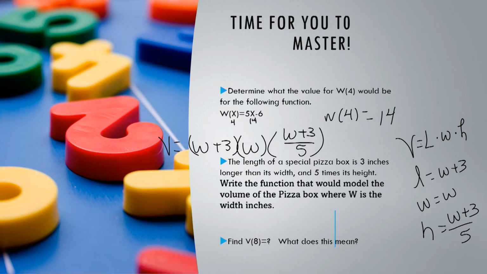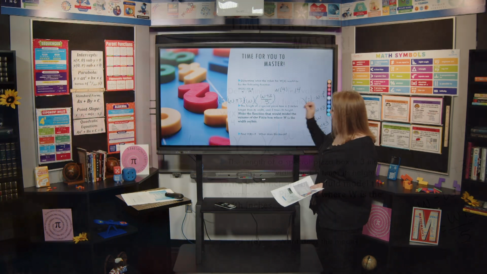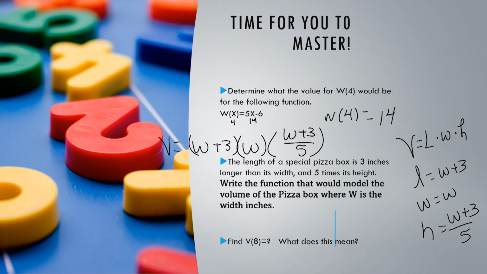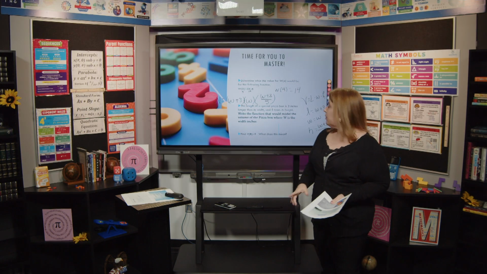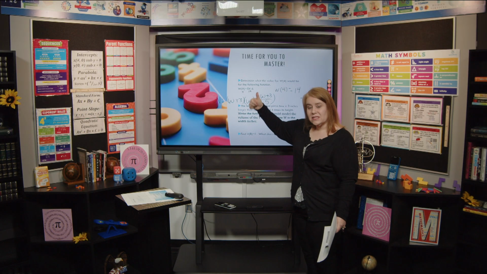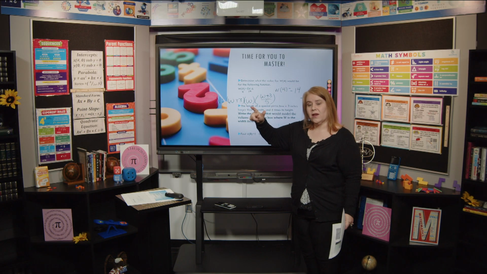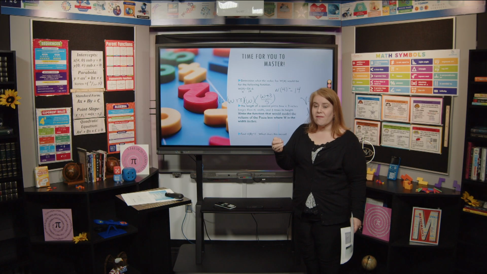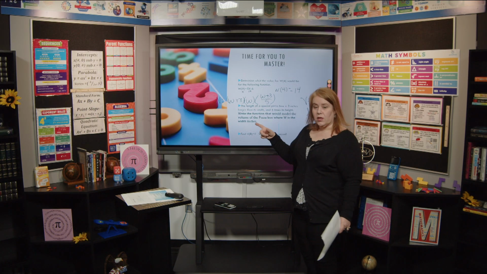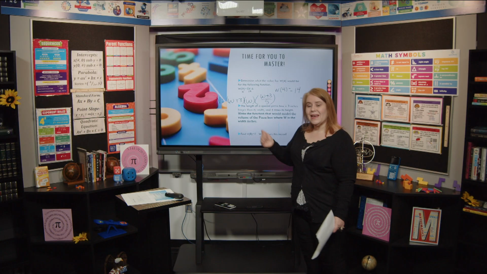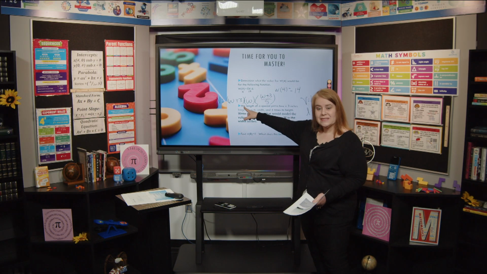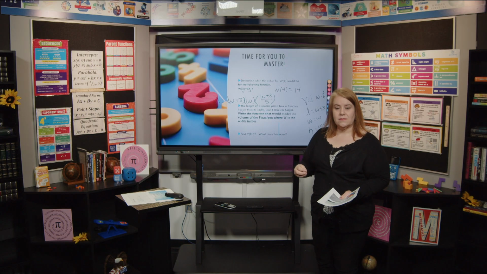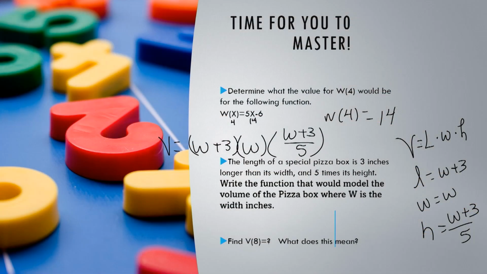So then this bottom question asks me, find the volume of 8. What does this mean? So if my width was 8, what would my whole volume be? Now, I can put this in Desmos, and I can put this in my calculator, making sure I use the X and Y values instead of V and W. So then if I plug that in and pull a table, or simply put 8 everywhere I see a W. What did you get? So did I. I got